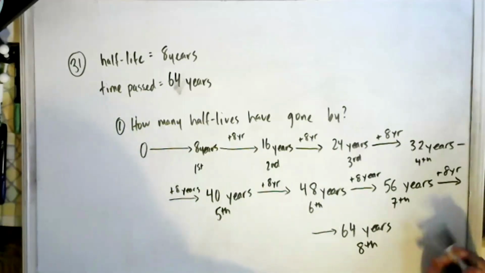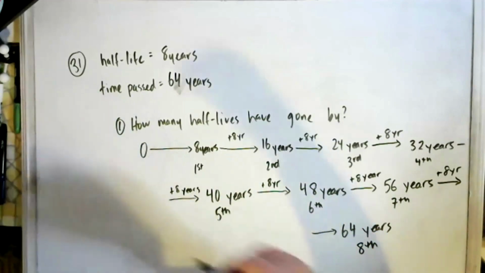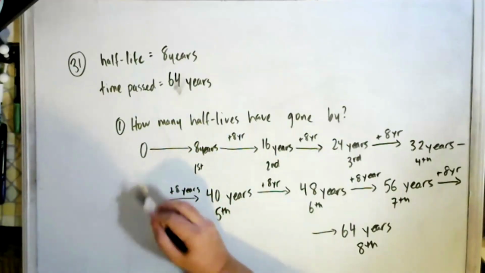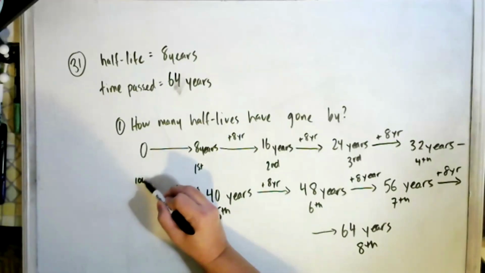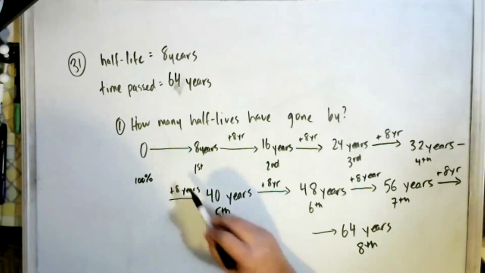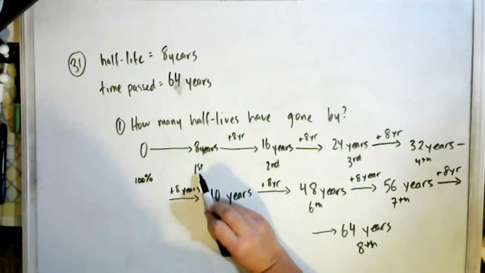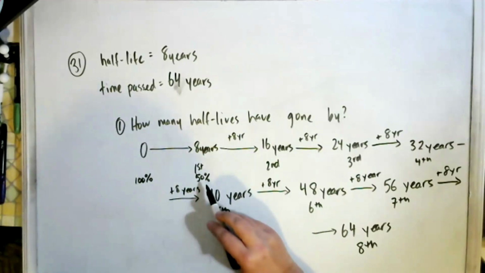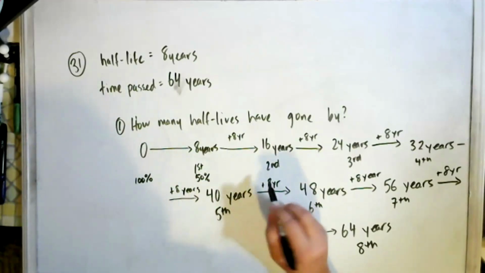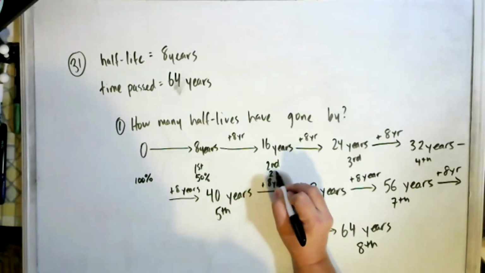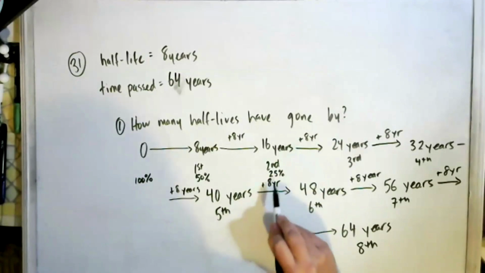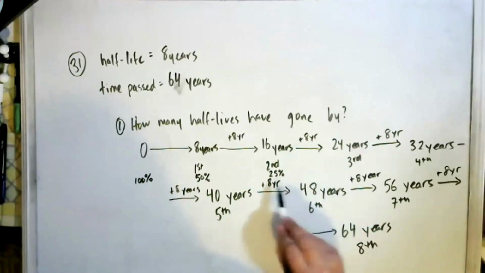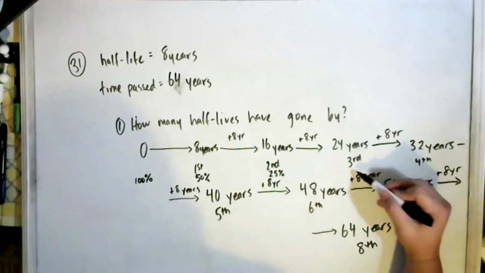Okay, so now if we take our same map that we've just made here, we're going to remember that at time 0, at the beginning, we're going to have 100% of our material. And at our first half-life, we're going to lose half of that. So now we're going to have 50% of our material. At our second half-life, we're going to lose half of that. So now we're going to have 25% of our original material. So every half-life that passes, we're going to be dividing what's left by 2. So half of 25,